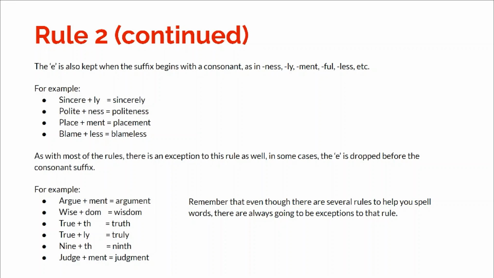Polite plus ness becomes politeness, placement is place plus meant, and blame plus less is blameless. As with most of the rules, there are exceptions to this rule as well. In some cases, the E is dropped before the consonant suffix. For example, argument. The argument is a combination of argue plus ment, and argue loses the E, so argument is